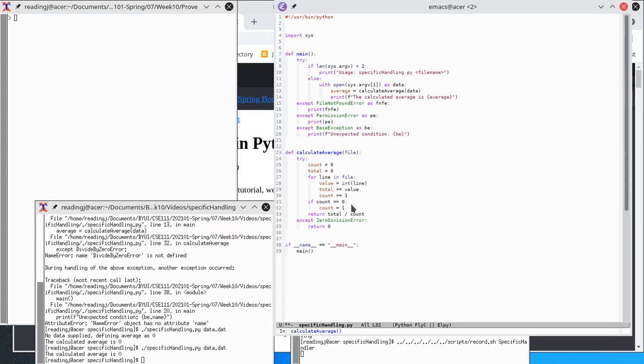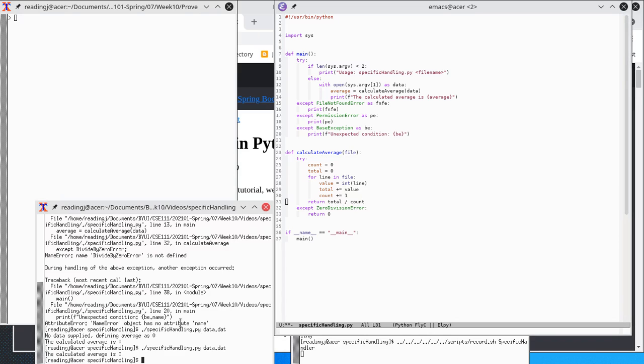But this if count equals 0 takes longer than setting up the try except block. So this is actually faster than checking for 0 here, and it gives me a desired result, and I don't get an error out of the program. It runs, as far as the user can see, completely normally.